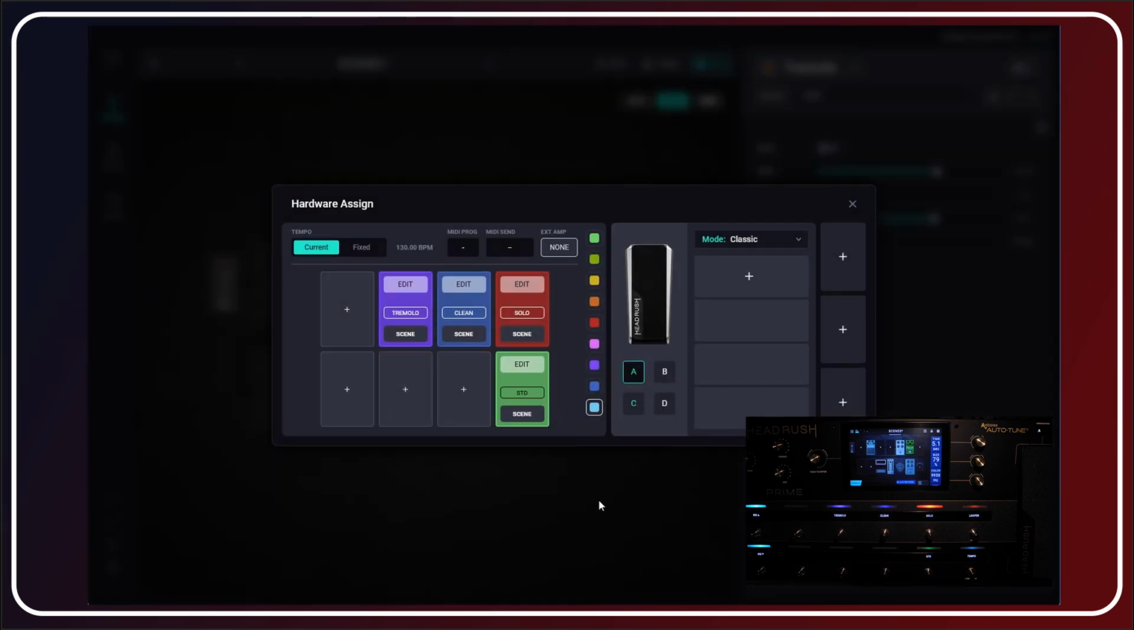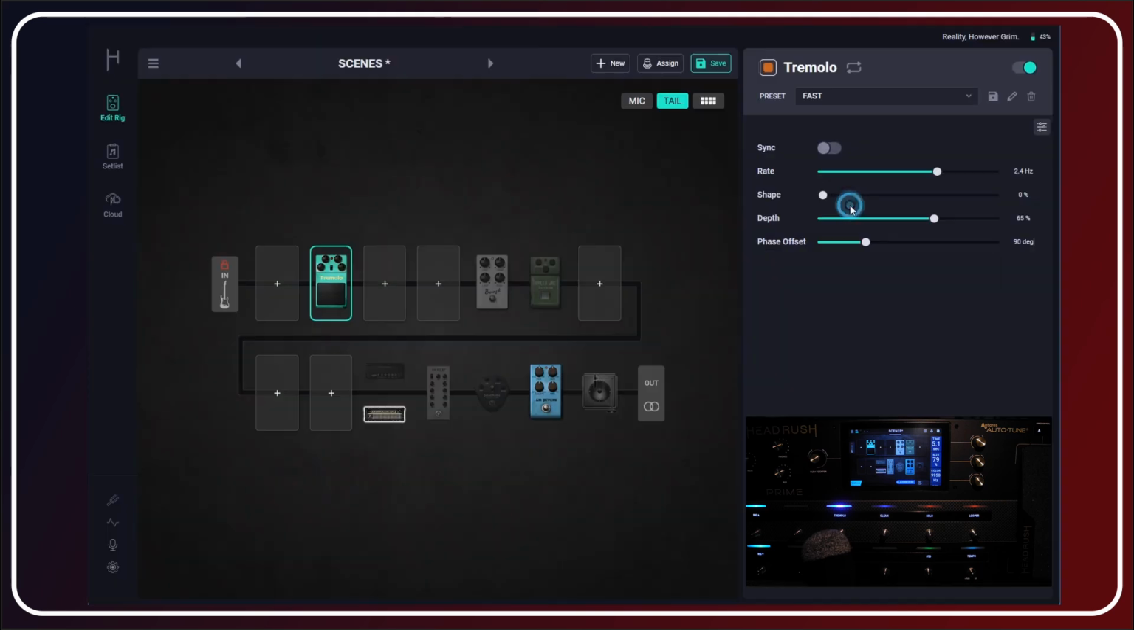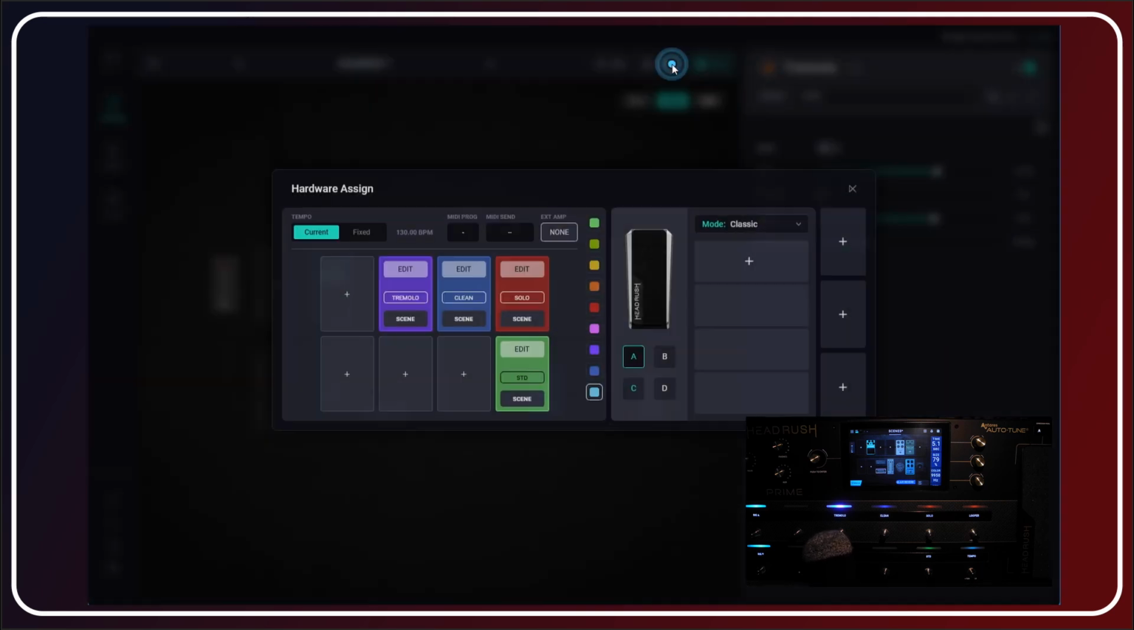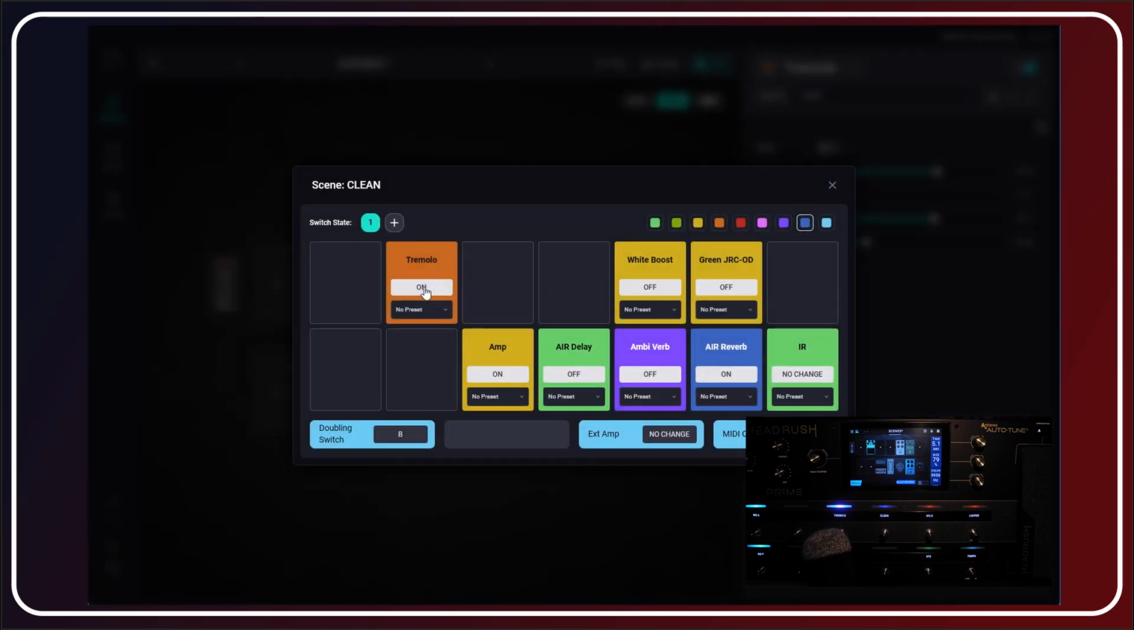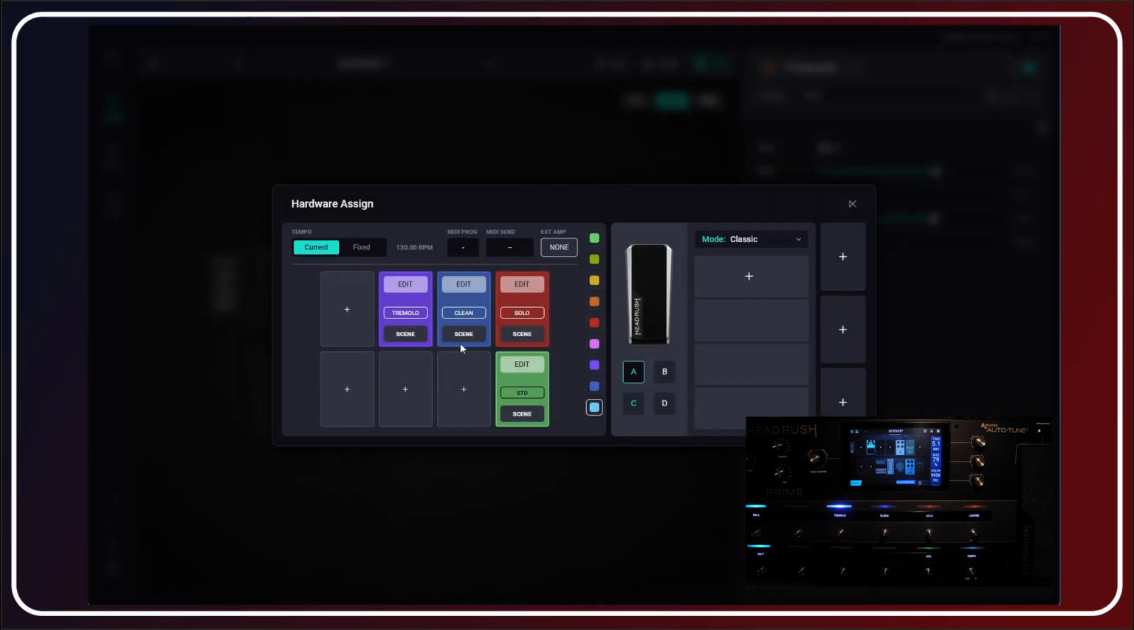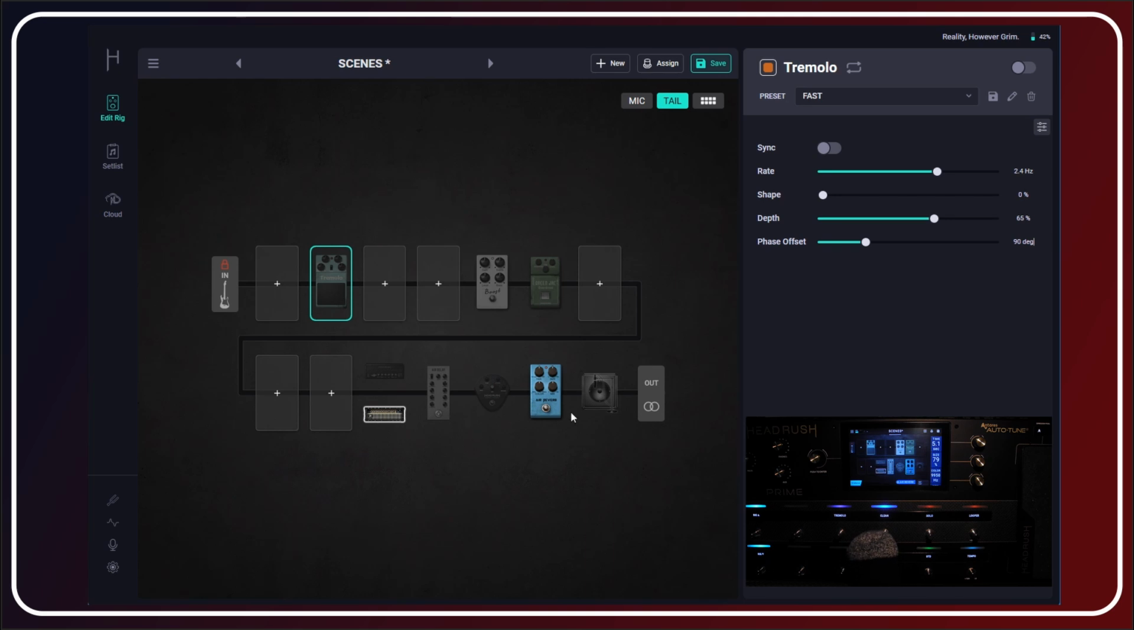Okay, so now, if we push our clean button, we should have a button that toggles the tremolo on and off. But let's just go back and edit the clean button so the tremolo starts off. Okay, so now with our clean button, let's put that on screen. With our clean button, that's the state, and then when you push the tremolo button, it comes on. Second state goes off. First on, second off. Now,